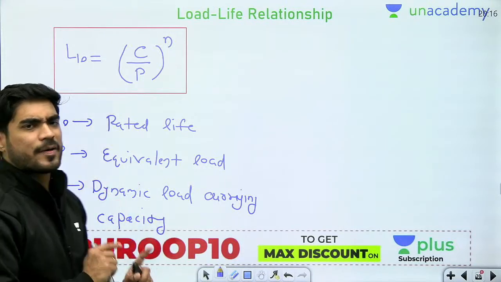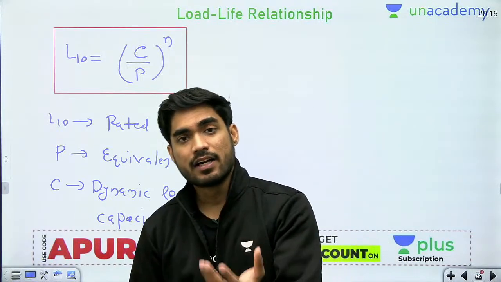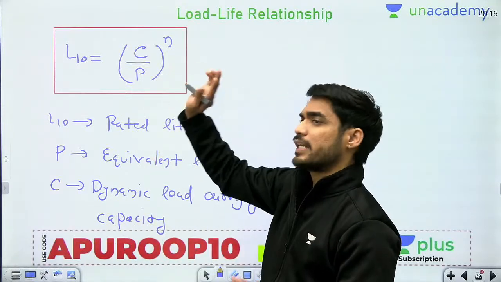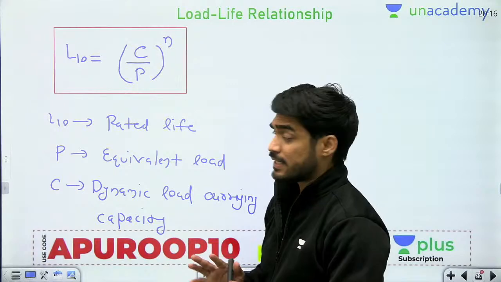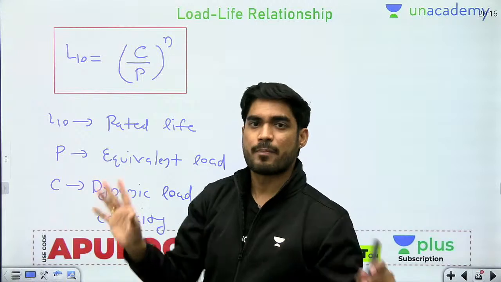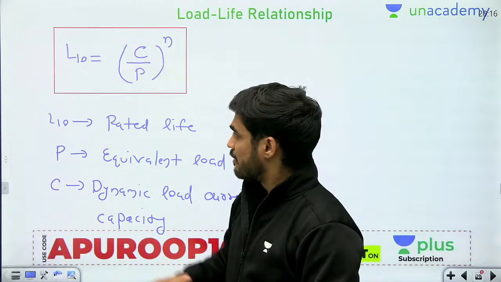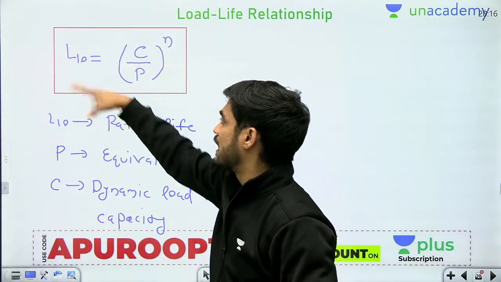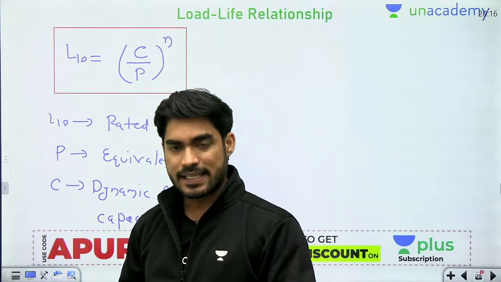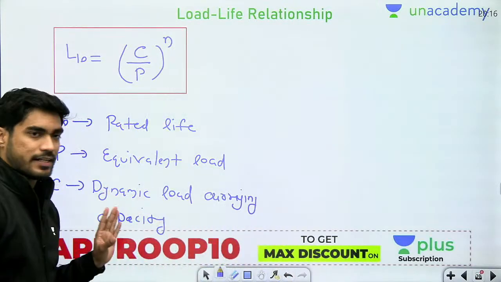this is like a property of the bearing. Just like there are properties of material, right? Young's modulus, modulus of rigidity, Poisson's ratio, just like that, this is also a property of the bearing. It is constant for a bearing, means whatever life and load you are putting in this equation, C will be constant for a particular bearing. Suppose there is a bearing, for it C will remain fixed, okay. If you apply different P, you will get different L, but C will be fixed for that bearing, okay. So C is like a property of the bearing, which is known as dynamic load carrying capacity.